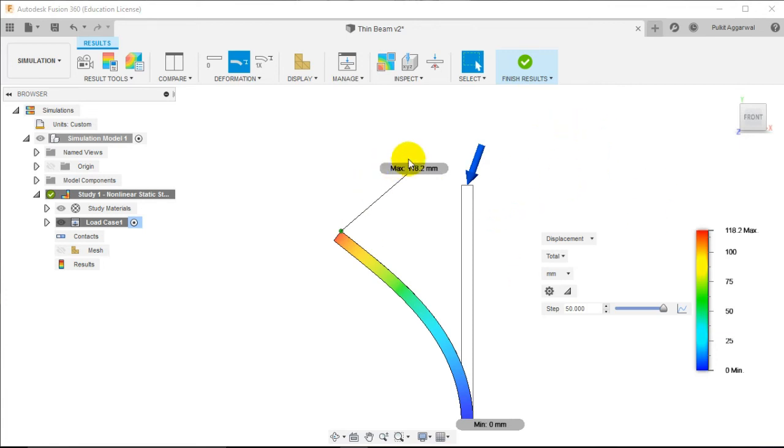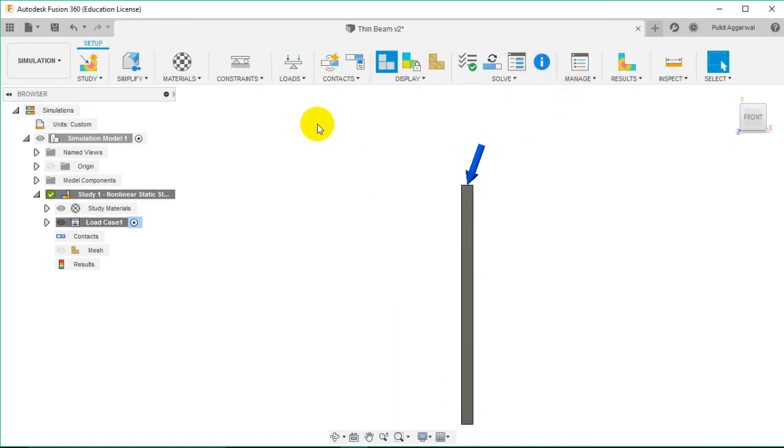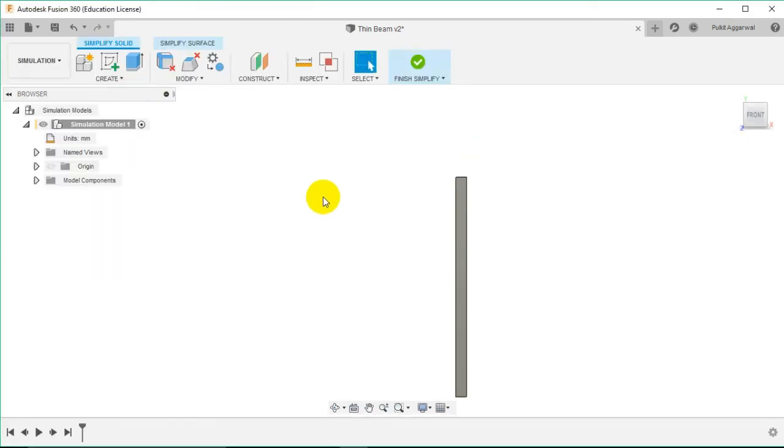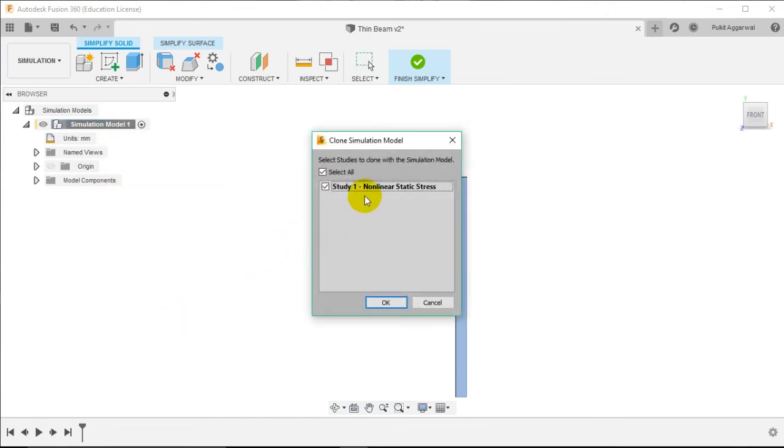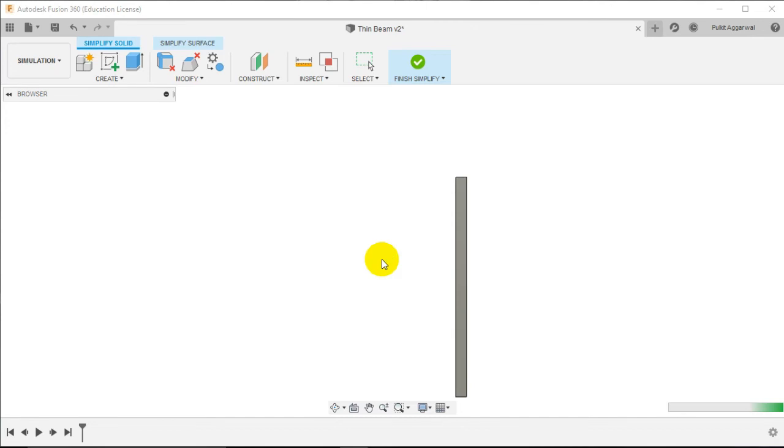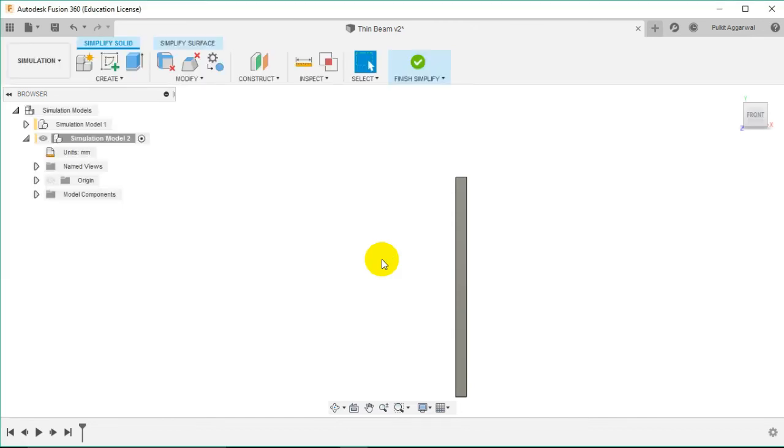So now let us make some adjustments to our model. So first go to simplify. Now let us clone our simulation model. We are also going to clone our study. So this will bring in all the constraints and loads that we applied.